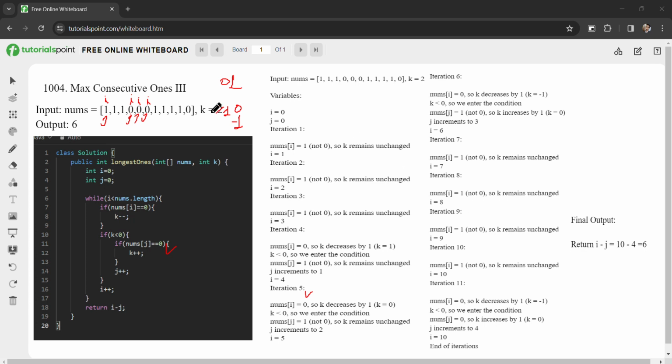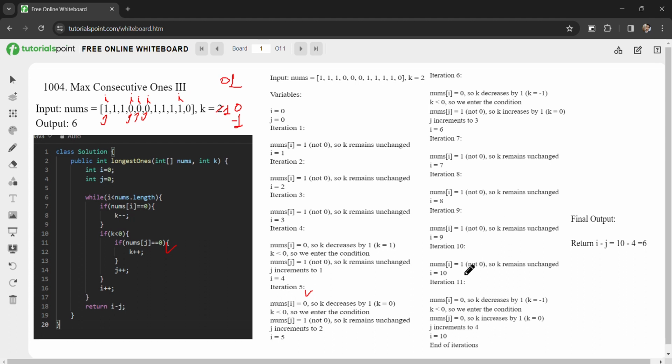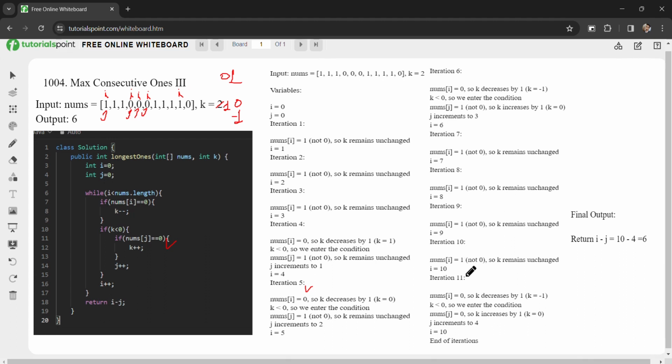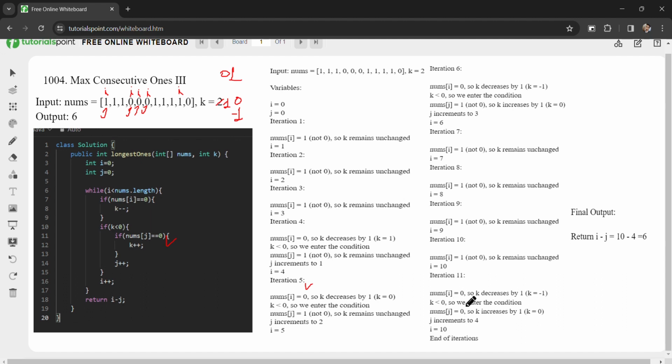Again it will increment until k becomes negative. After that in iteration 10, num set I is not 0. In iteration 11, num set I is 0 at this place. It is the 10th position, I guess: 0 1 2 3 4 5 6 7 8 9 10. So in iteration 11,